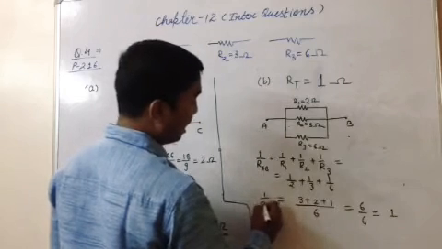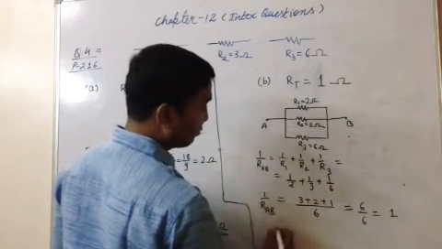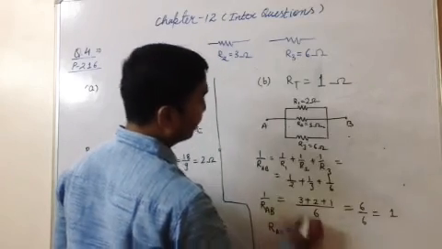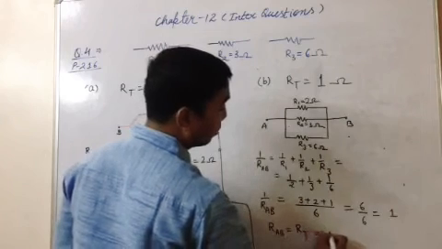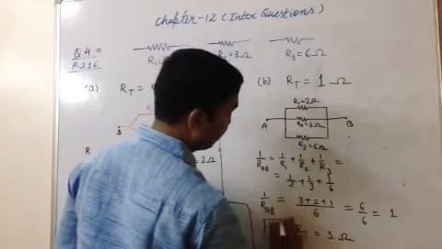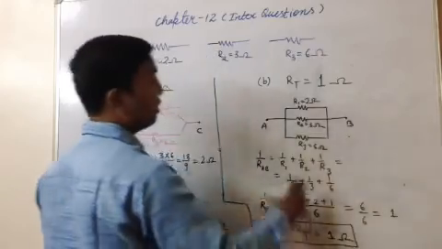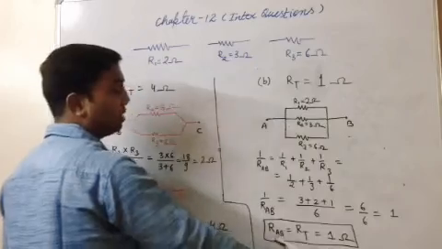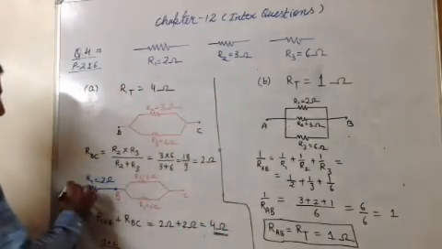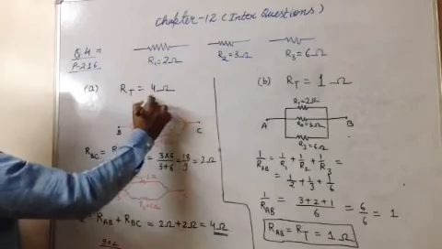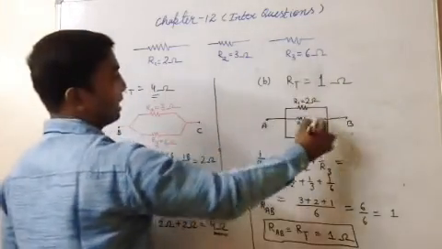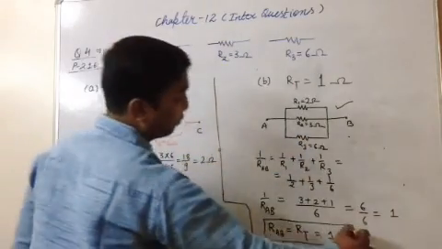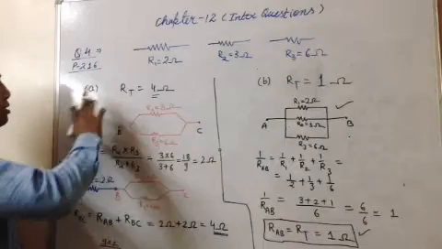So this is 1 upon RAB. When this goes in the numerator, this is ultimately RAB, the equivalent resistance between A and B, and this is 1 ohm. So if we connect these 3 resistors in parallel to each other, then the equivalent resistance would be 1 ohm. So this is the first combination of 3 resistors to get a value of 4 ohm, and this is the second combination of all these 3 resistors to get a value of 1 ohm. So now this question is completed.